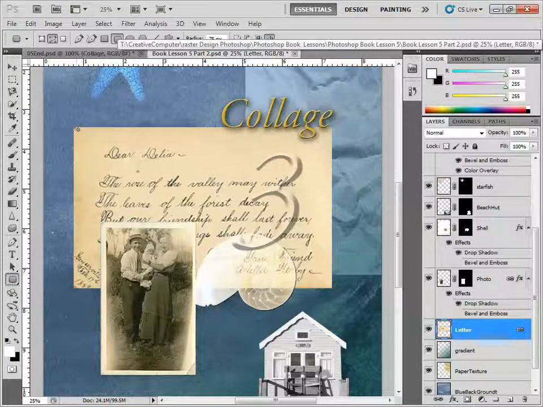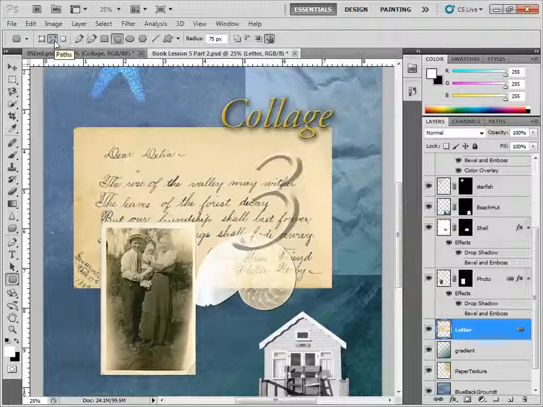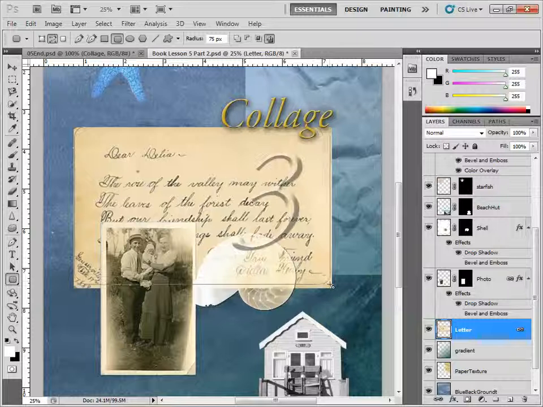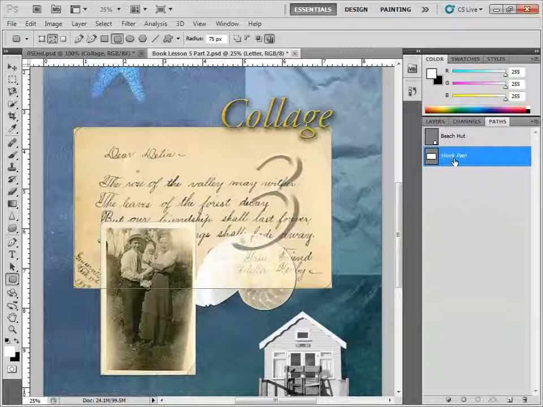And then we're going to make sure up here that it's paths. Otherwise, we're drawing a white or some sort of colored shape. We don't want to make a shape. We want to make a selection here. So we're going to click and drag, and you can see that we have created a rounded rectangle, and we're going to click there. We're going to come over here from layers to paths, and we're going to call this